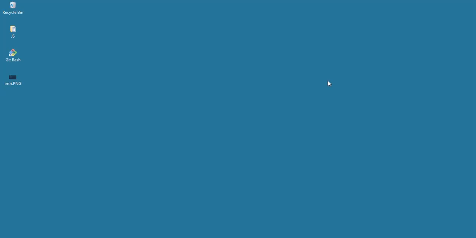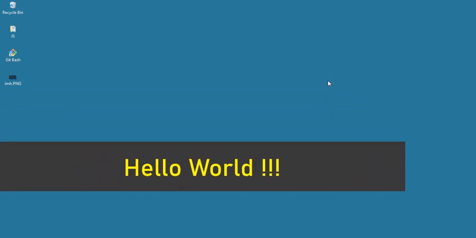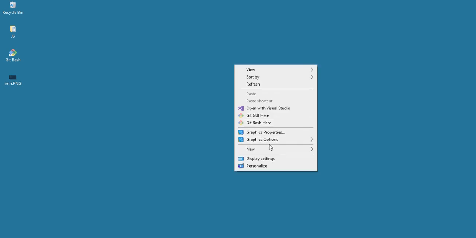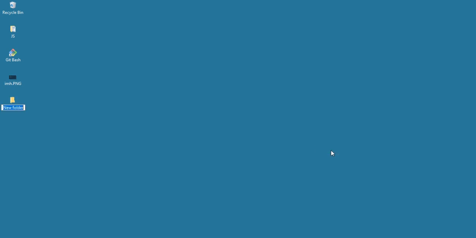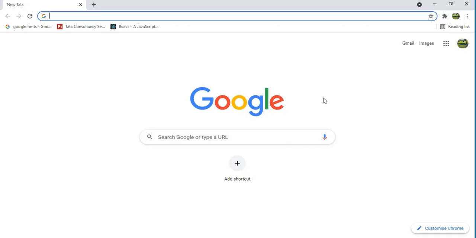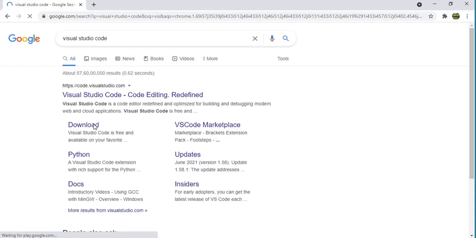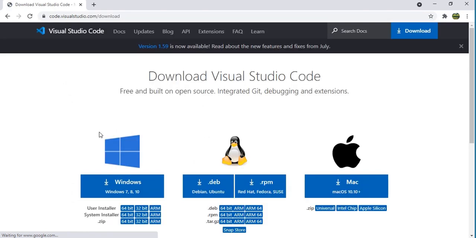Now it is time to create our first Hello World program without React local setup. So I'm creating a folder on my desktop. Let's say React. I'm sure you have Visual Studio Code, and if you do not have it installed on your machine, just go to the Visual Studio Code website, download it and install it. It is very simple, you just need to click next.